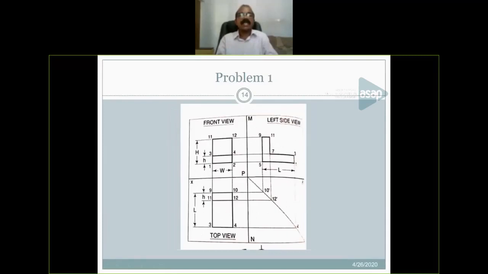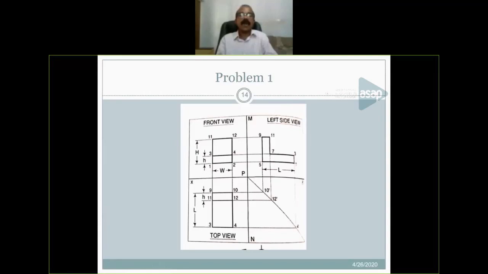So similarly, corresponding points you have to plot in the plan also. From the dimension of the object, we can draw the plan of the object and mark all the points. Then you have to draw the right profile plane for drawing the right side view of the object. This right profile plane, say MN, will meet XY at a particular point. And from this point, say point P, draw a 45-degree inclined line.